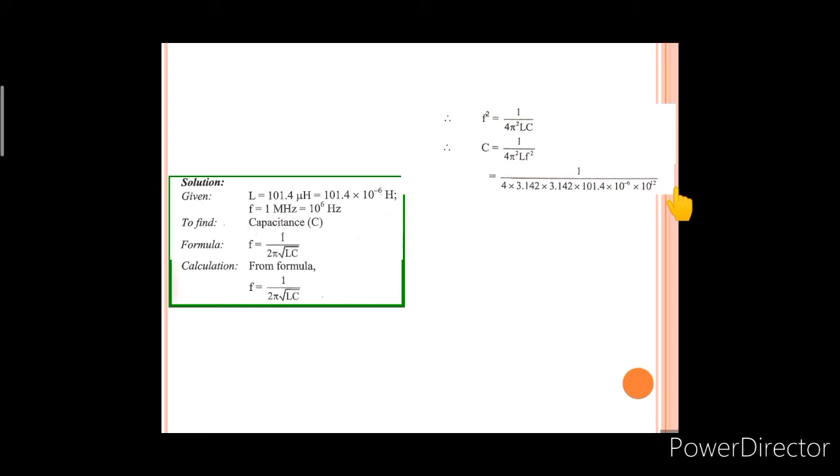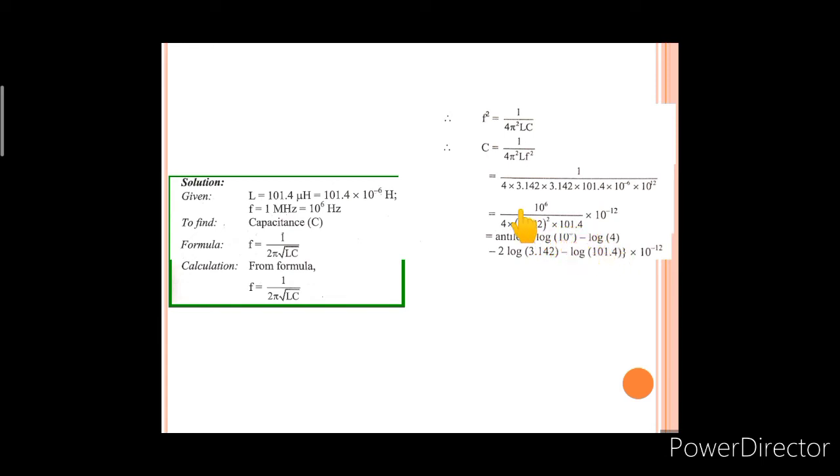So here we have to substitute the values, and after that we have to solve it by using the log calculation. Out of the bracket we are supposed to write down anti-log, and in the bracket we have to take the log of 10 raised to 6, and all other factors are there in the denominator. So we have to subtract the log values of 4, 3.14 square and 101.4.